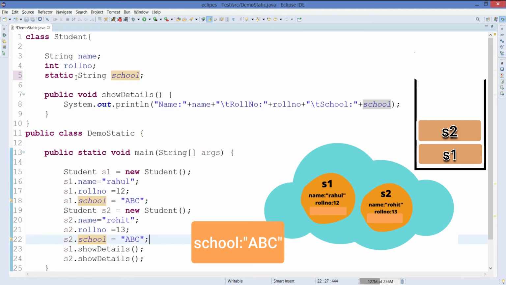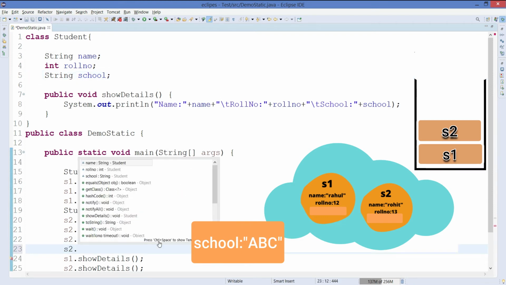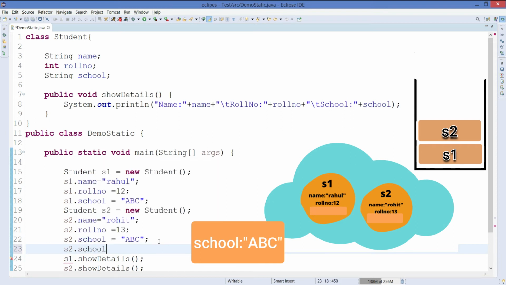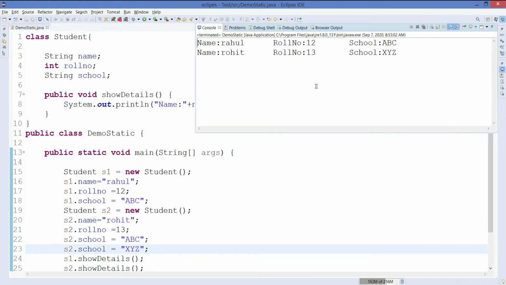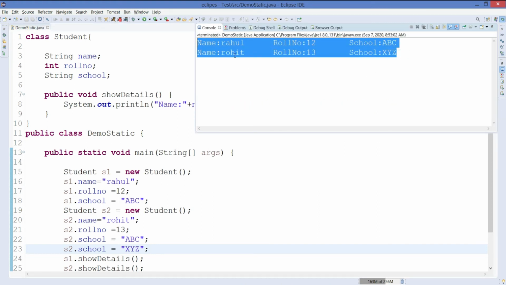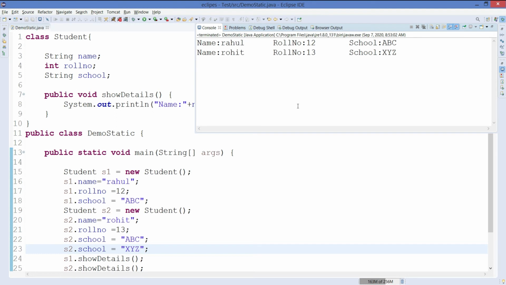Now let's consider one more example. If I don't make this attribute static, and I make a change with the second student object in the school name, changing it from ABC to XYZ, and I run the program again, you can see that as we have not made the school variable static, the school name for the second object is changed, but the first object remains the same, because both objects have their own attribute school.